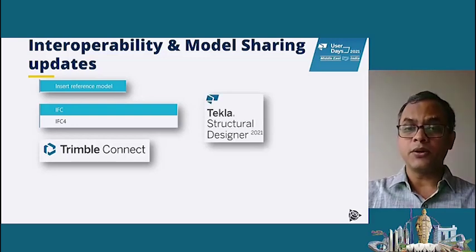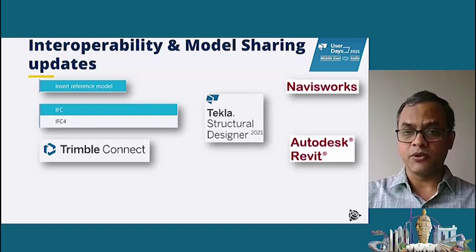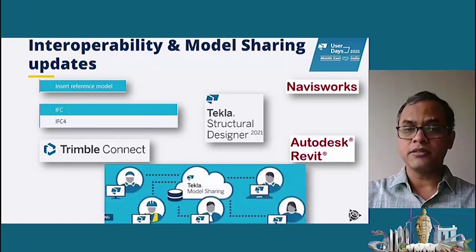Related to the interoperability with Tekla Structural Designer, we have very nice improvements. We'll also see that now we can insert Navisworks and Autodesk Revit files as reference models. Apart from this, related to Tekla model sharing functionality as well, we have quite a few good enhancements that we'll see during the session.